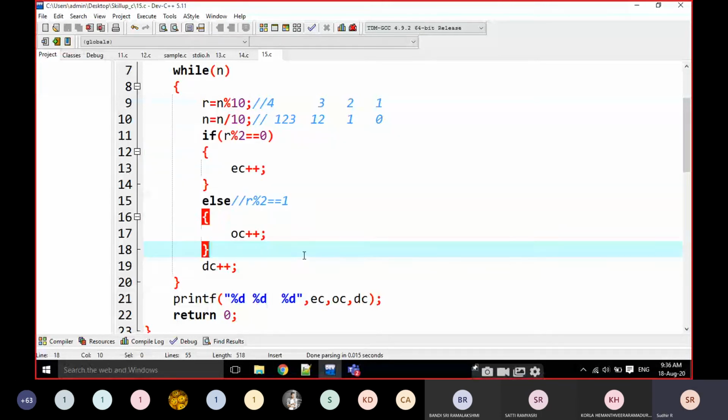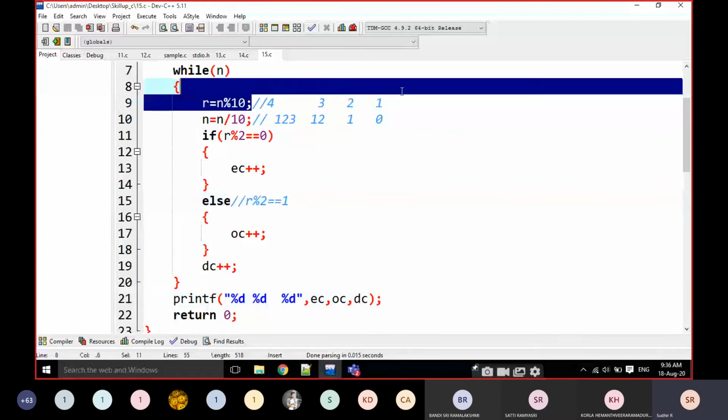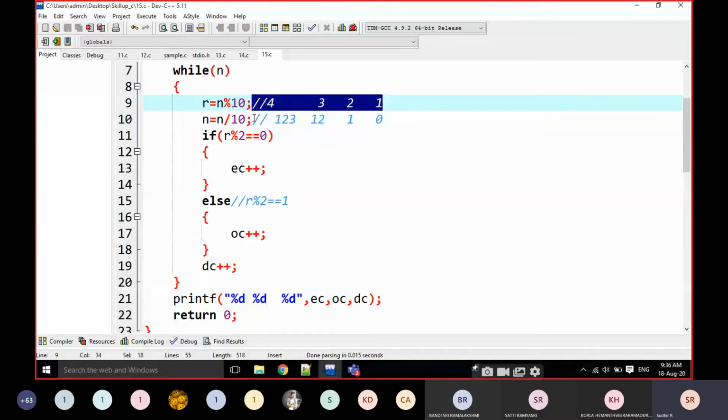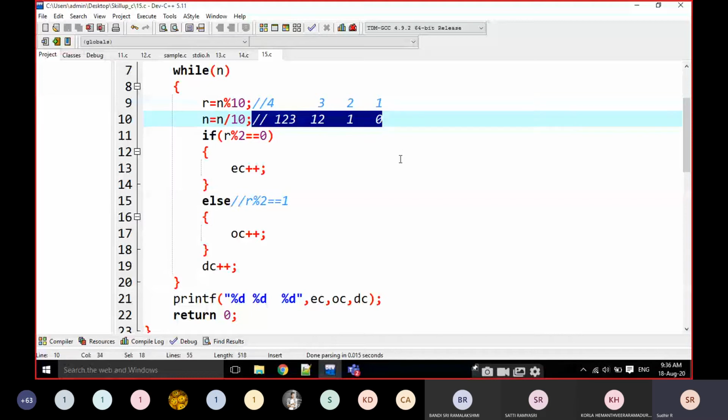Okay, note down, everyone. Write this comment also, and use these comments every time. Don't neglect these things. You are learning. You are in a learning stage, right? We have to calculate everything.